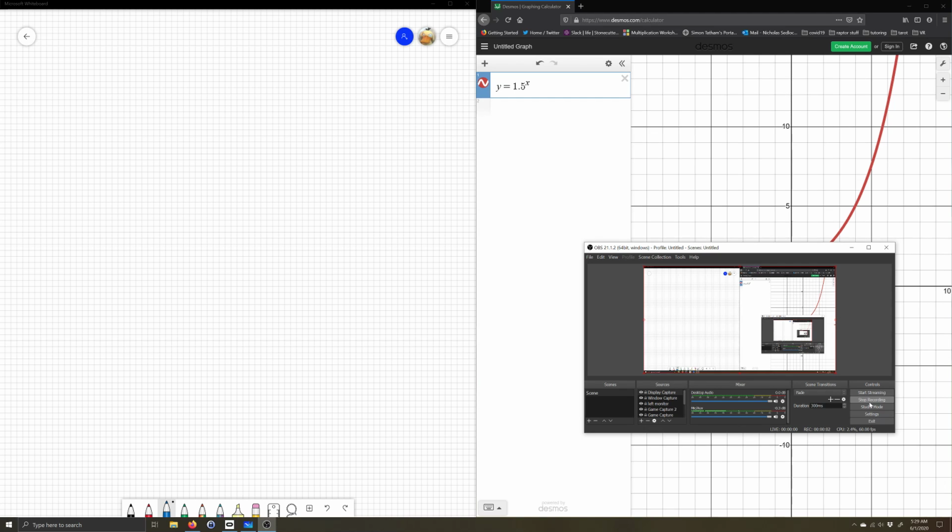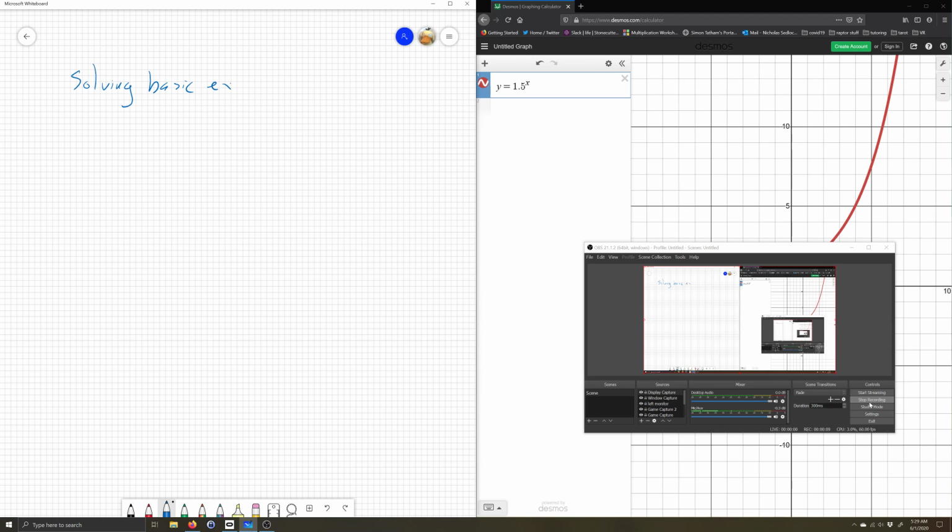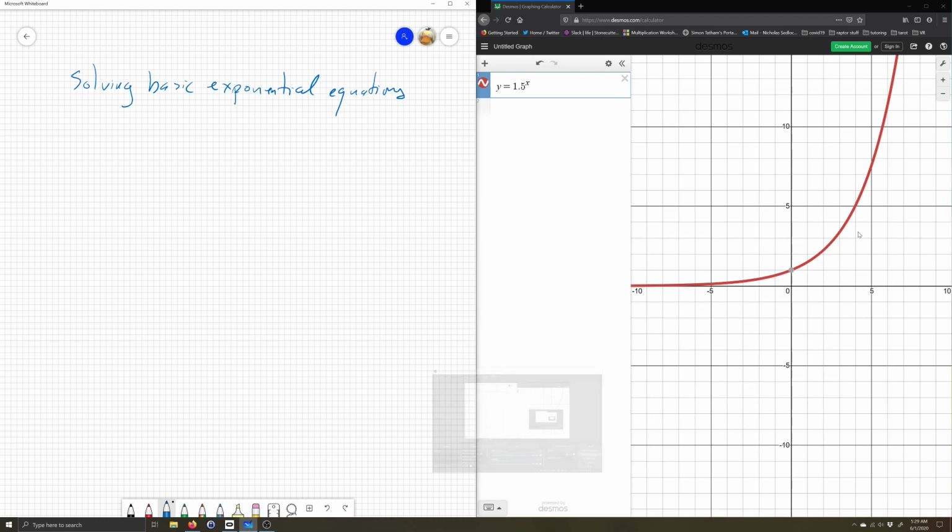So we're going to talk about solving basic exponential equations right now. And the simple idea here of how I'm going to go about solving them is I'm going to depend on the following fact. The following fact is, if you look at the graph of these exponential functions